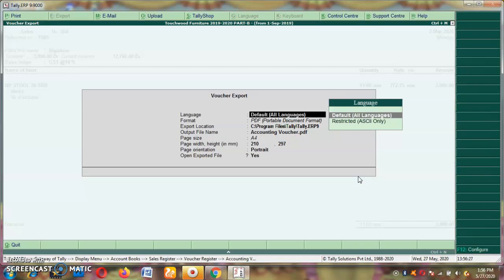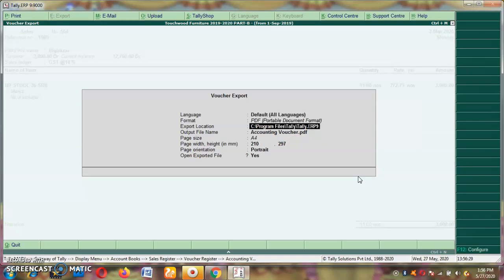Again it will go to default, enter, and here instead of accounting voucher you can give any other name, because the accounting voucher file is already there, so it will overwrite. I don't want to overwrite, so I am just typing sales voucher.pdf.